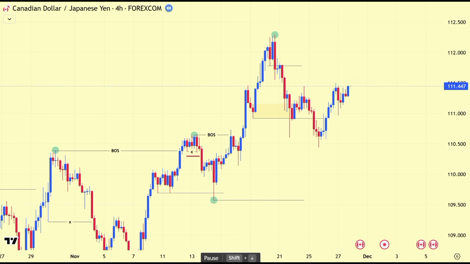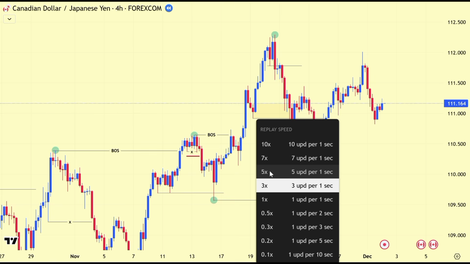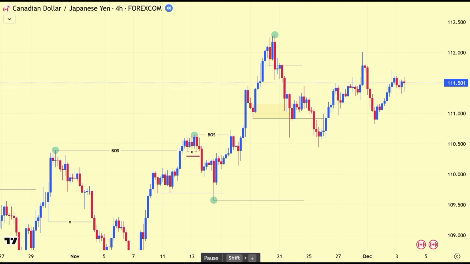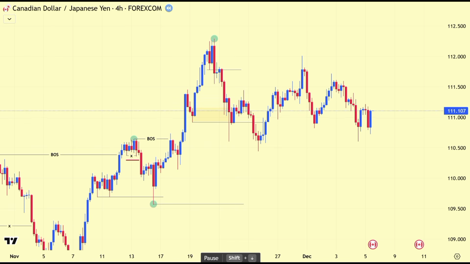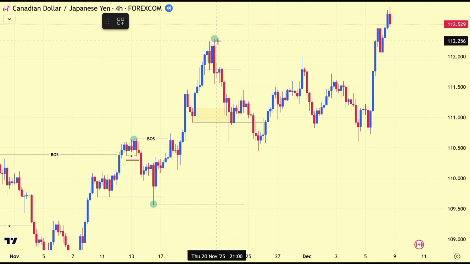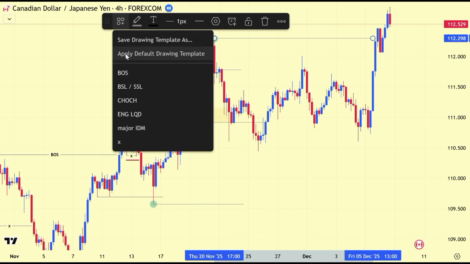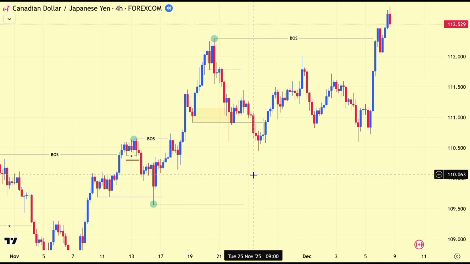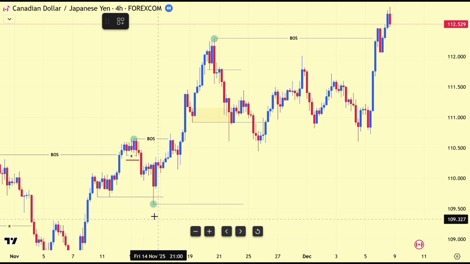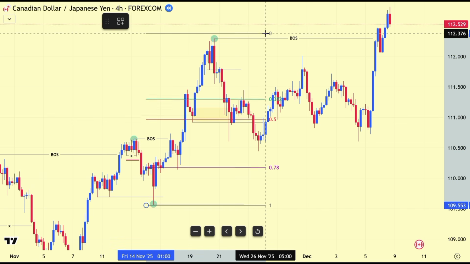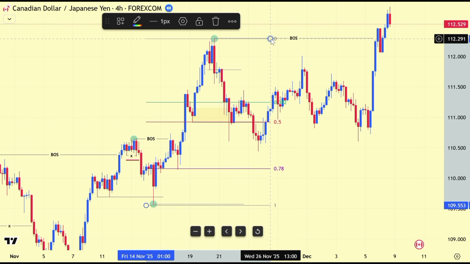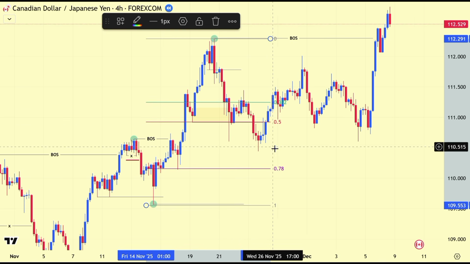So if I continue running price, you can clearly see that price is heading higher and higher. Okay, so let me make this fast so that we get to see what price is doing here. Okay, so price consolidated a little bit there, but eventually, as you can clearly see, price made it to the break of structure. So this here is of no doubt a valid break of structure, because if I drag the fib, of course, from this low all the way to that high,